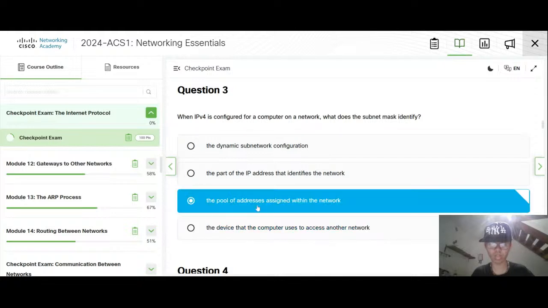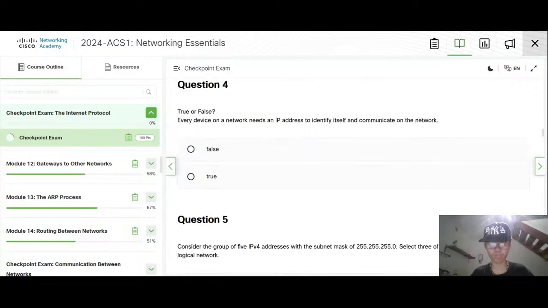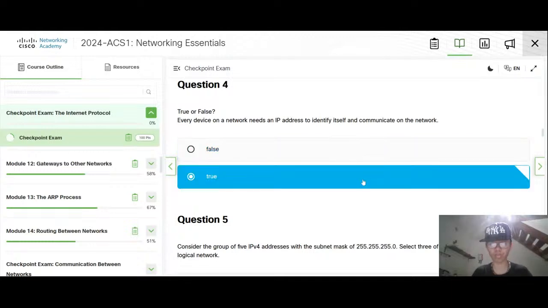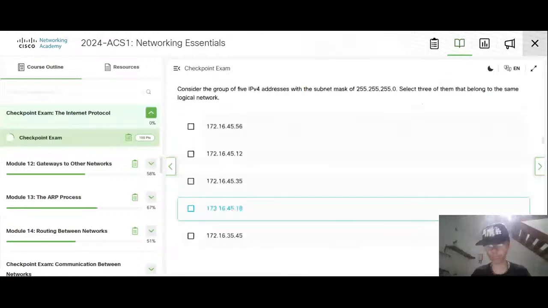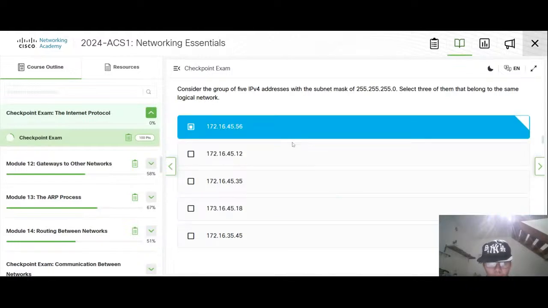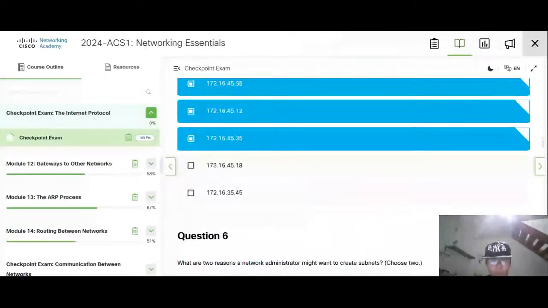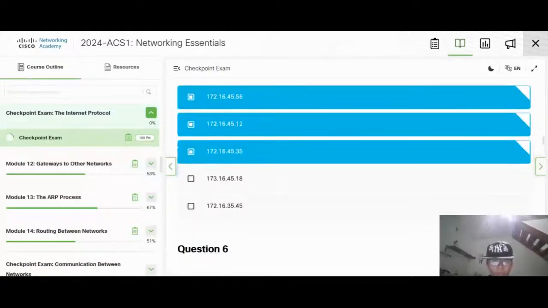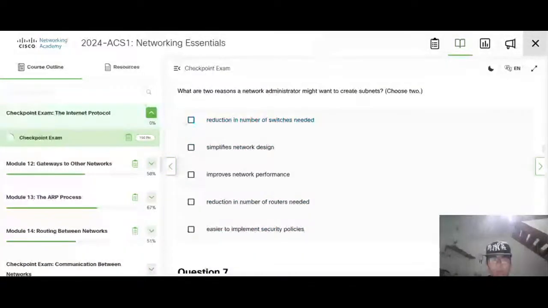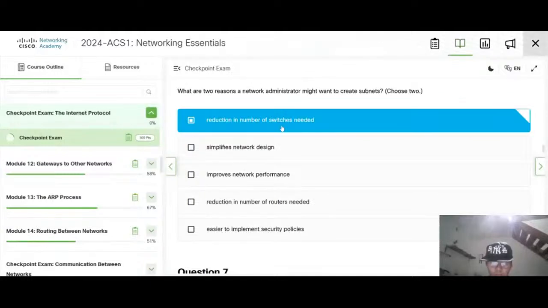Not this one. Sure. Create subnets, switches needed.